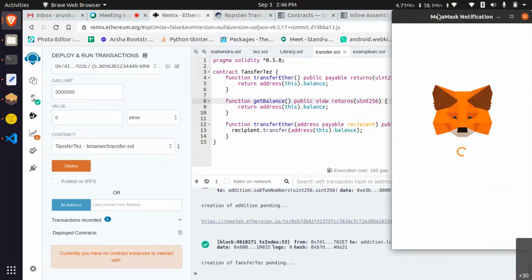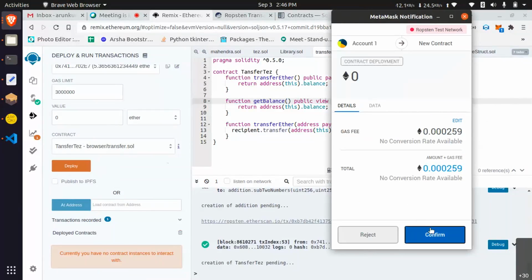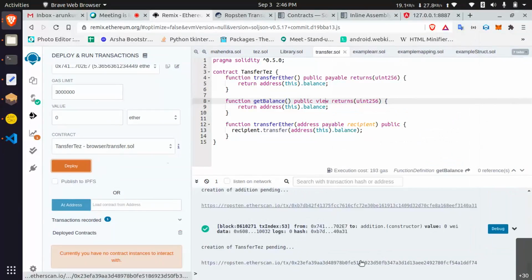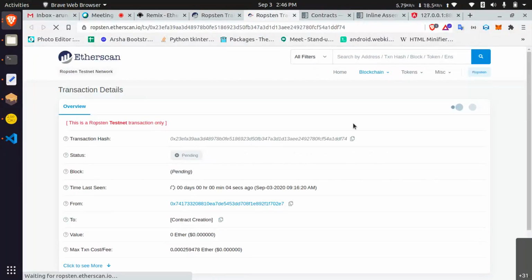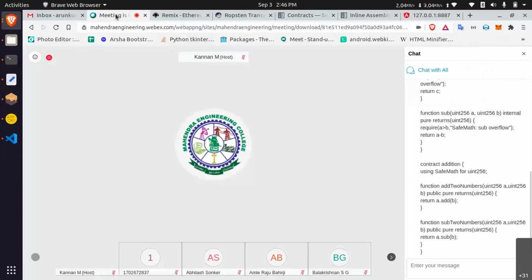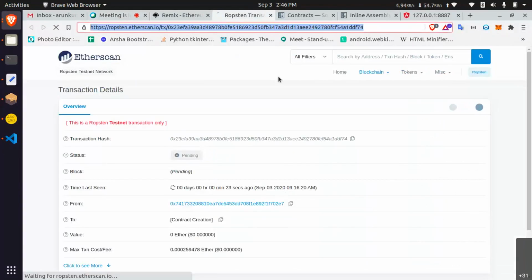Okay, just create and deploy. Wait for the transaction to commit. It is just taking time.